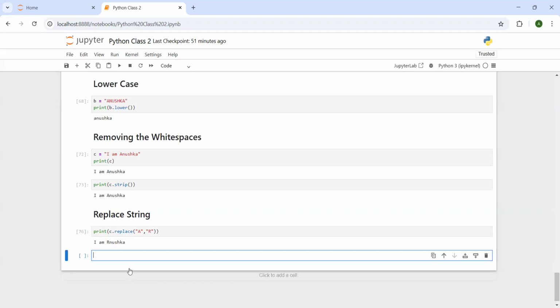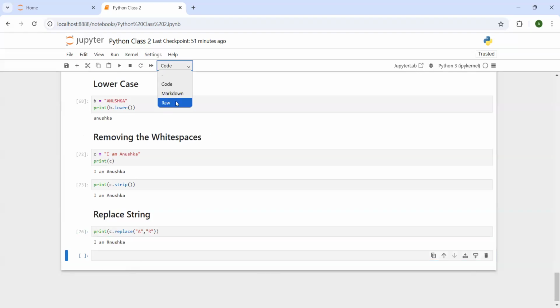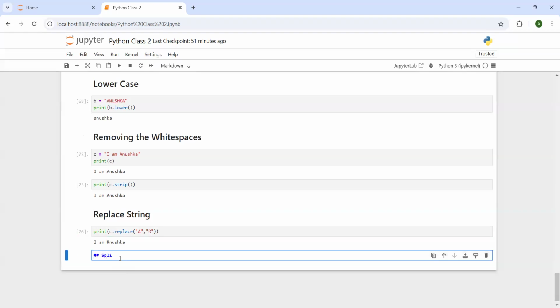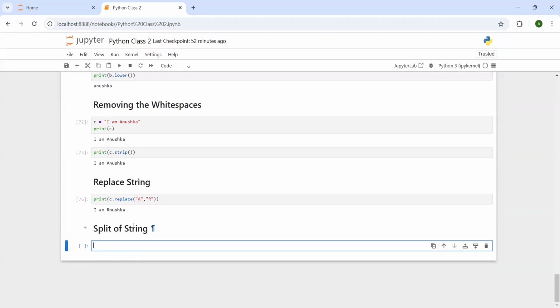Next is splitting, the split of a string. For that, we will use the split method. Suppose I use the same variable C, I am Anushka. This is the variable. Now let me write what split is first. The split method